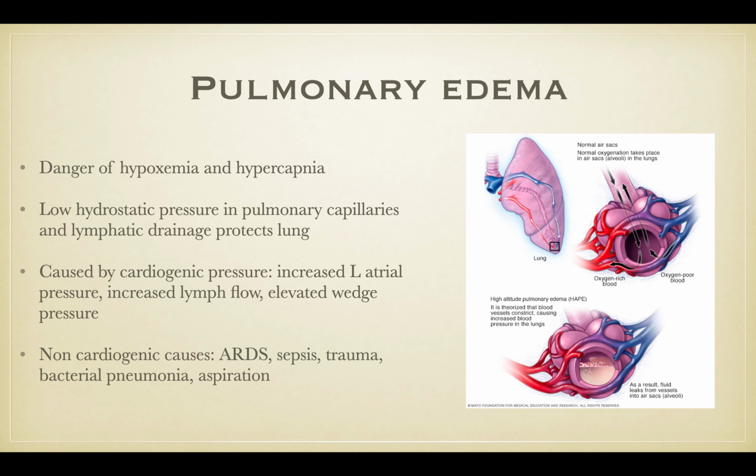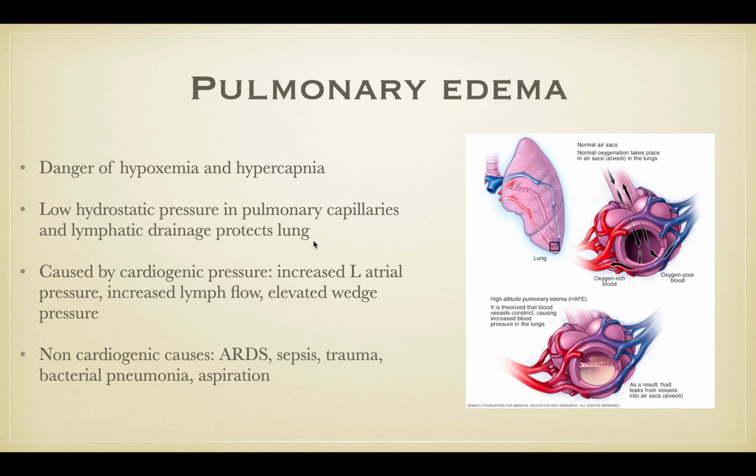Pulmonary edema is the most dangerous because there's a danger of hypoxemia and hypercapnia. So lack of oxygen and excess of carbon dioxide in the blood. Why is that dangerous? Carbon dioxide converts to carbonic acid, and that can acidify the blood. So usually the low hydrostatic pressure in the pulmonary capillaries and the lymphatic drainage will protect the